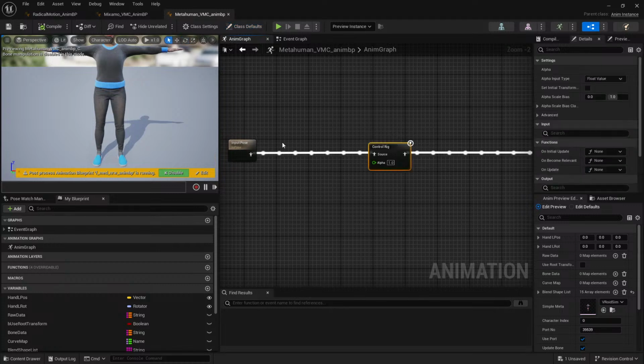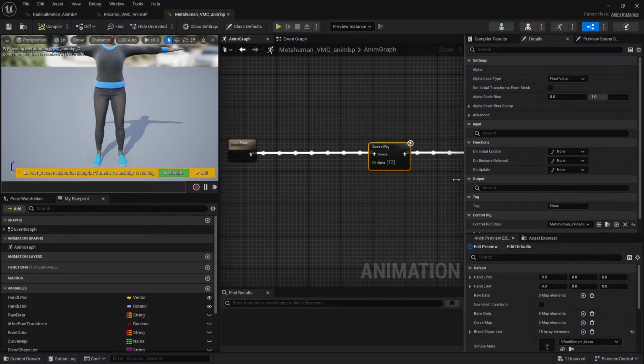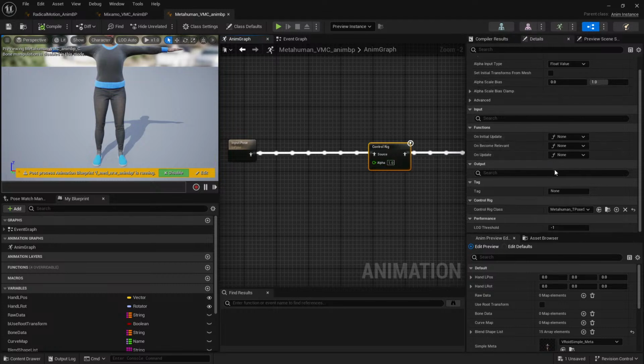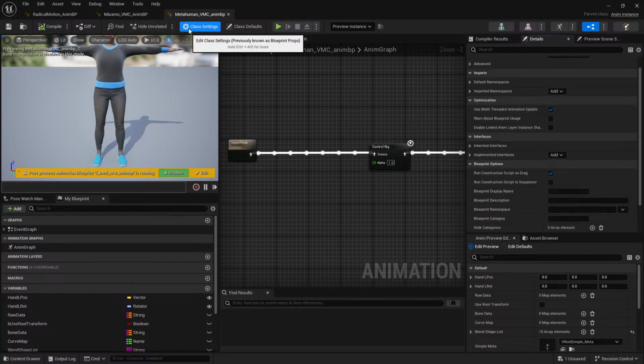And so right next to the input pose, you will find the control rig. And if the error is saying that it can't be compiled because control rig is not there or it's not assigned to anything, you can click onto the control rig and go to the details panel and look for control rig class. So this is where you will put in the MetaHuman T-pose solver that I've placed in Google Drive. Basically, when you link those assets up and then compile both of them,